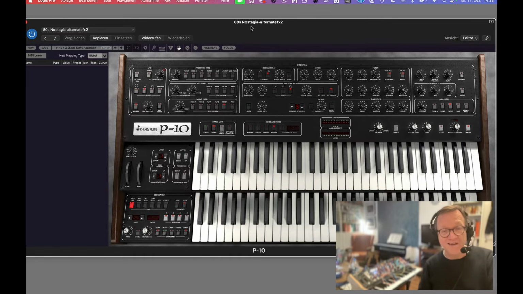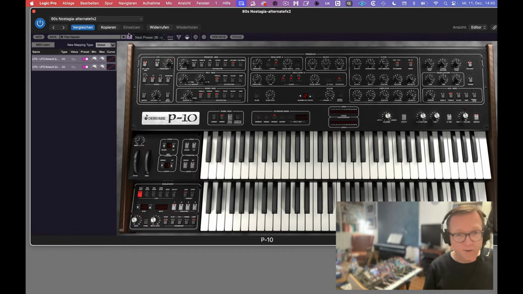Okay, this is a little sound report about the fantastic Cherry Audio P-10, which is a synthesizer emulation by Cherry Audio based on a vintage synthesizer with 2 keyboards. And there were also different P-10s or Prophet 10s. So, for example, if I play the keyboard,